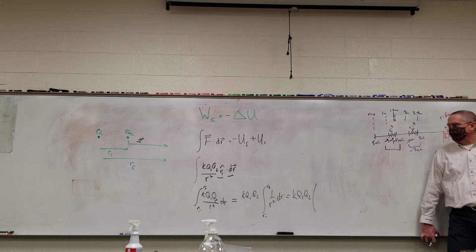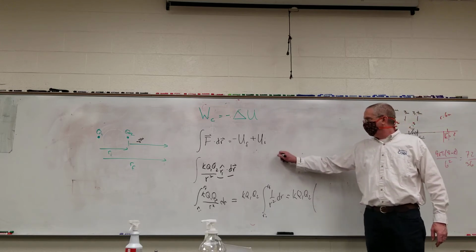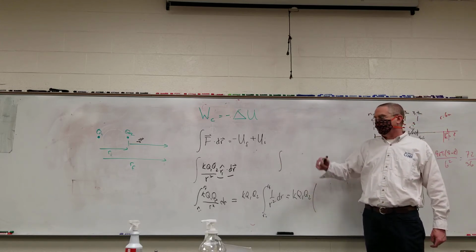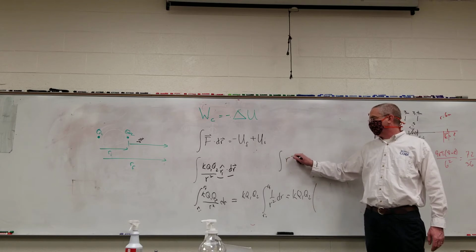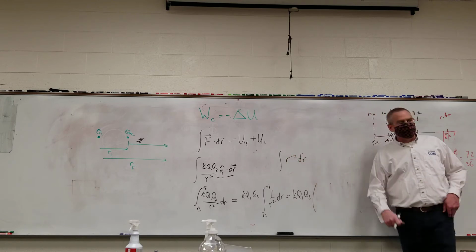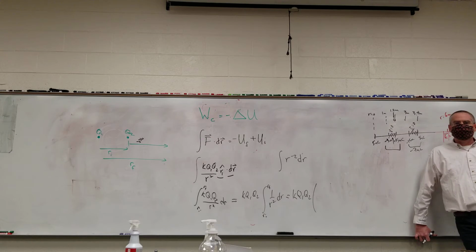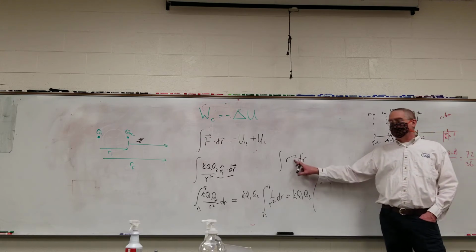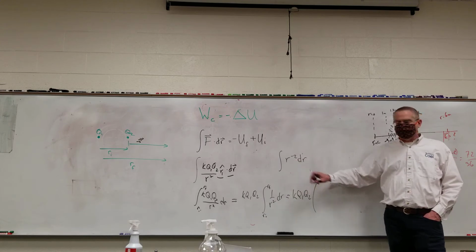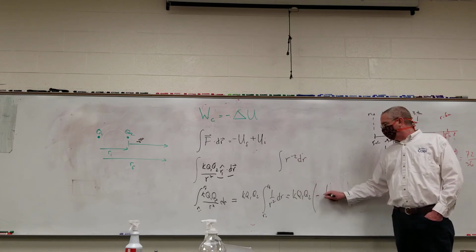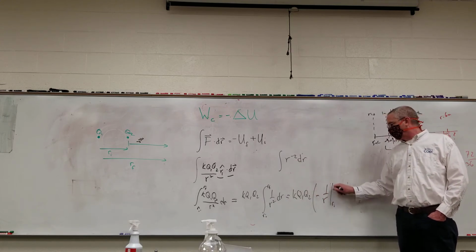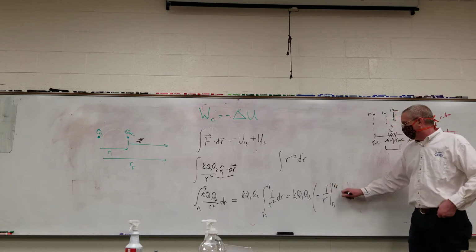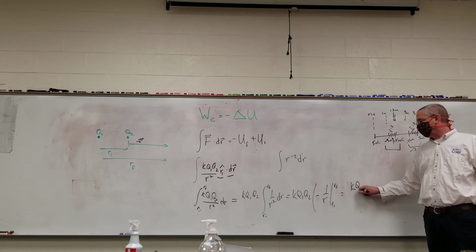All right, so let me rewrite that. And that's not a natural log. No, 1 over R gets you the natural log. Okay, this is R to the negative 2 dr. Negative 1 over R. Yeah, negative 1 over R. You add 1 to the exponent and then divide by the new exponent. So I've got negative 1 over R from some R initial to R final, which will end up being K Q1 Q2